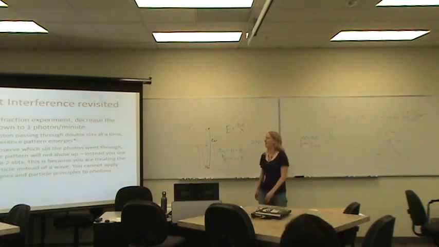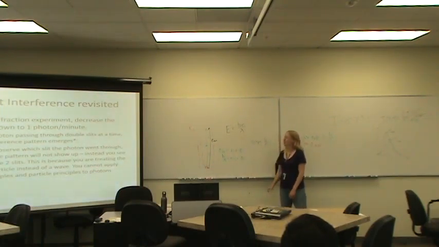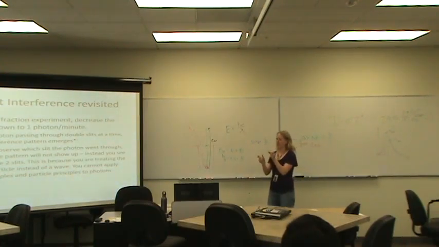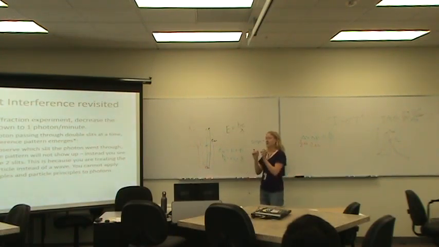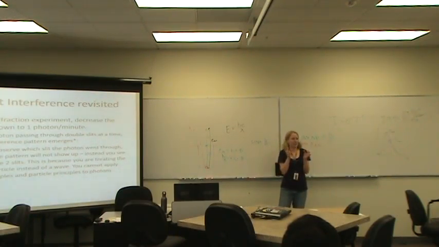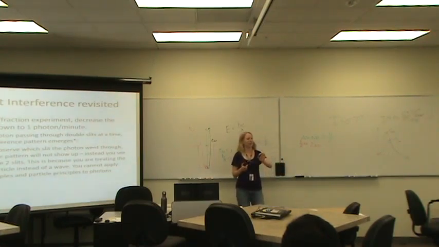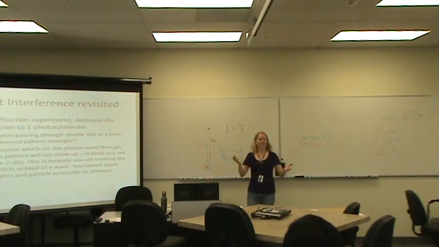It's weird, right? If you try to observe which slit the photon went through, so you put a little detector to say if a photon passes through this slit, record it on the computer, the detector is going to affect the results. Because how is the detector going to work? It's probably a laser beam, right? It's light. If a photon, it's inherently going to be affected by the laser.